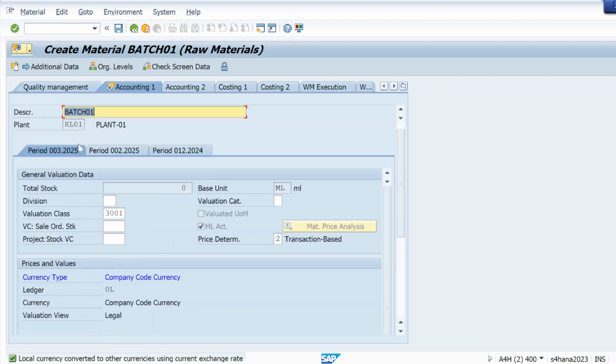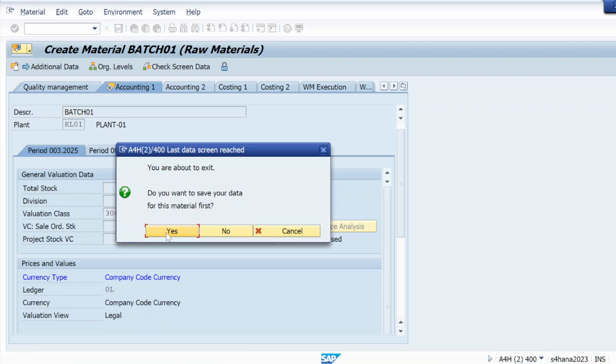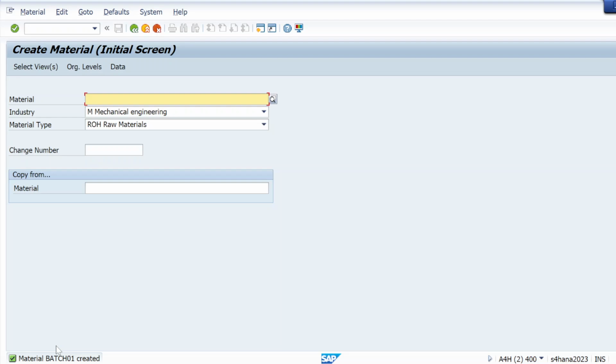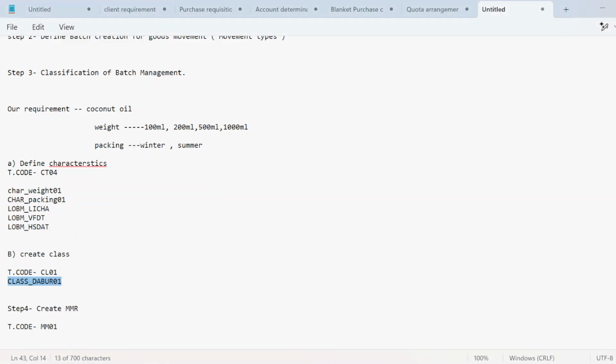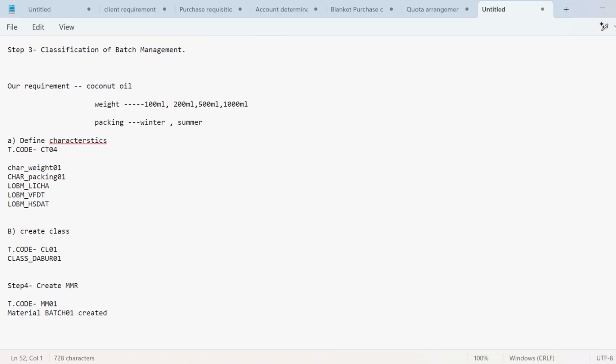So hit enter and save it. Yes, it's done, the material batch is created. This material is created. Now the next step is we are going to create a PO, purchase order.